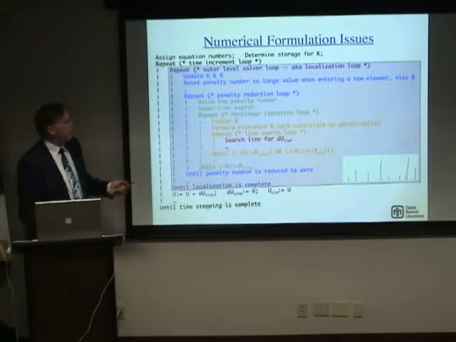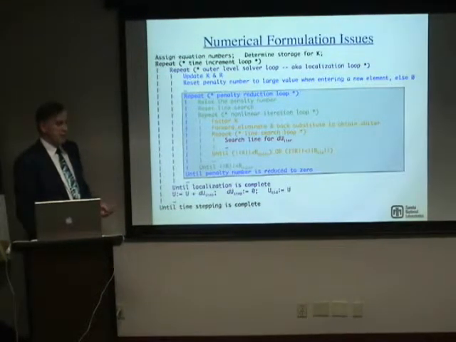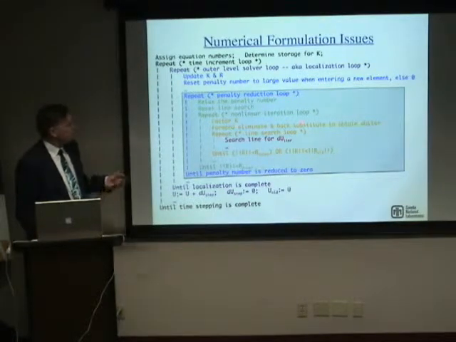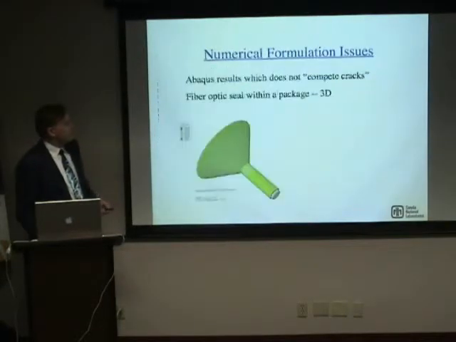Now, this sounds like a relatively straightforward thing. It's something I would expect to be in a lot of codes. However, on the commercial code side, one example of XFEM right now exists in Abaqus. And I'll briefly show you an example of why that type of thing is important, and I would say from the results we can infer that they haven't incorporated that type of thing in the Abaqus code yet. This is the penalty reduction loop that I mentioned earlier that's basically trying to help our solver maintain optimal convergence